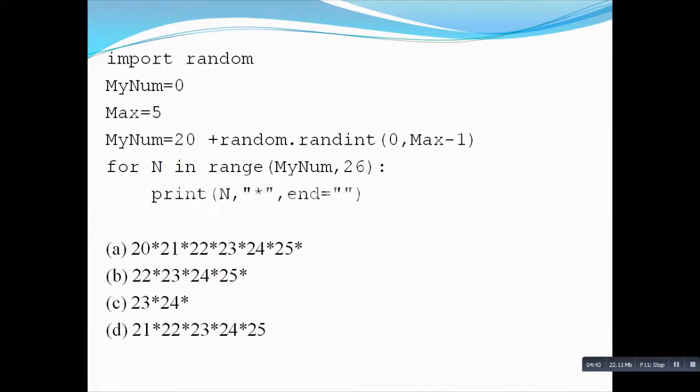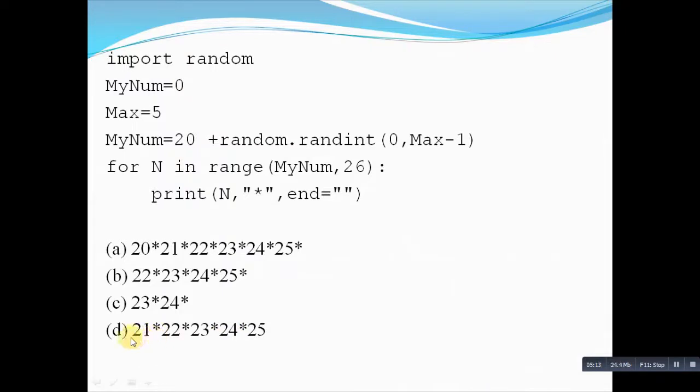So if the last value is not coming as 25, then we can cancel out those options. In option C, you can see that 25 is not written here. You know that when the loop starts, it ends only when it reaches the last value of the maximum limit. So therefore you can cancel out the last option, option C here, because 25 is nowhere. Now what about D? Can we cancel out D? Yes, we can cancel D.